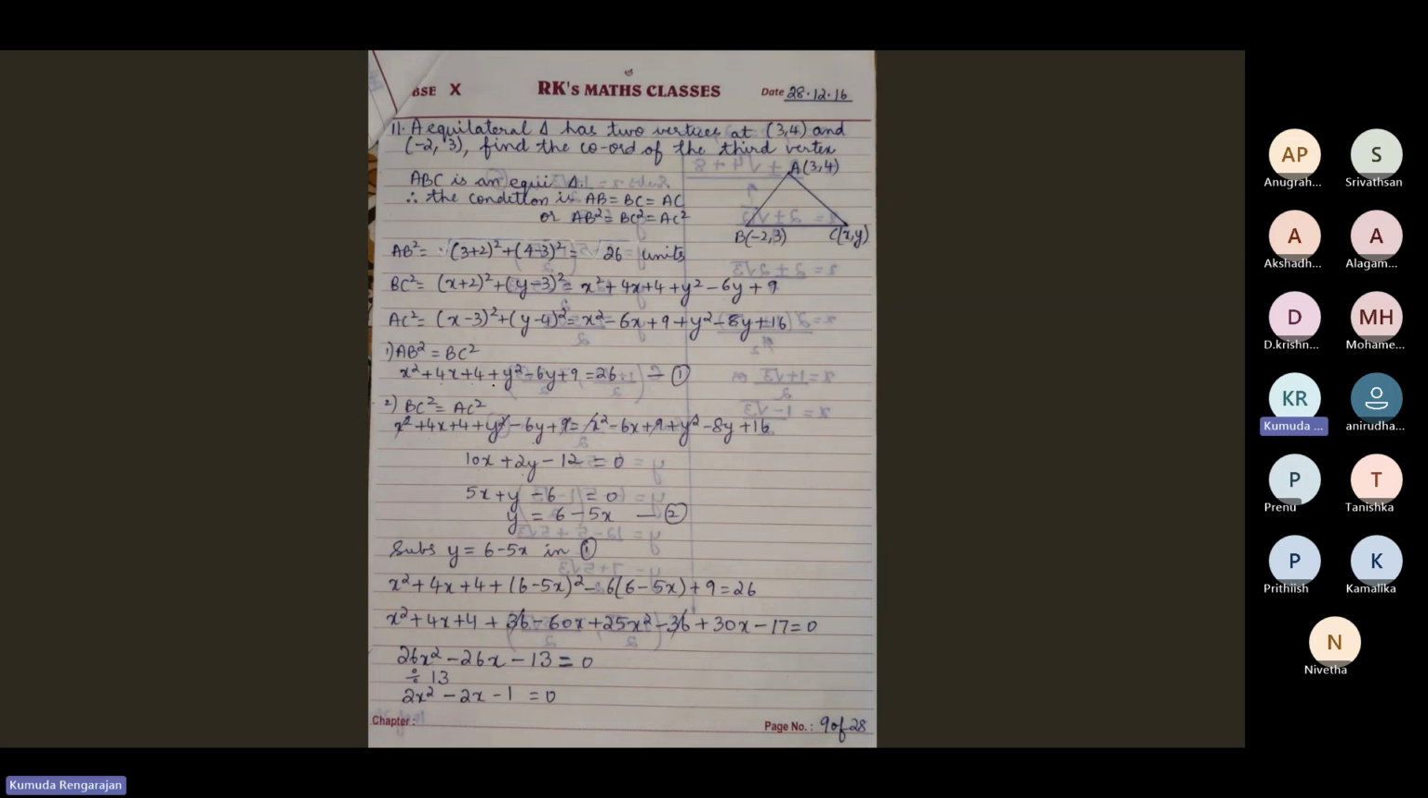So wherever there is Y, here there is Y, so 6 minus 5X the whole square. Here there is Y, minus 6Y, so minus 6 into Y. So now this equation has only one variable X. Work it carefully. Plus minus, you'll have to be very, very careful. So this is the equation you get. You can see you can divide by 13 throughout. You get this